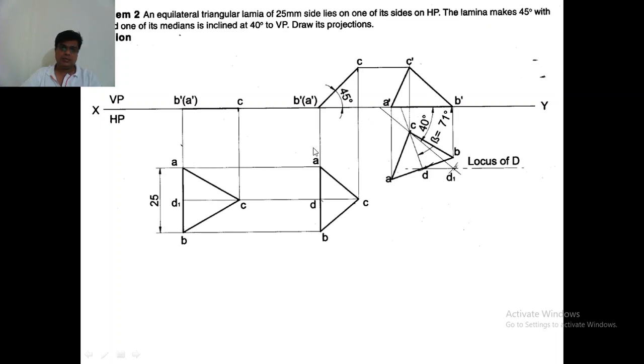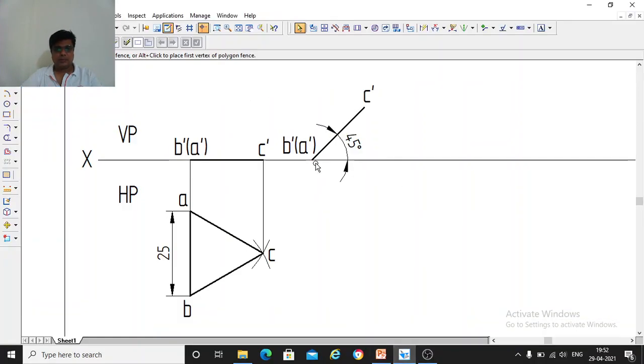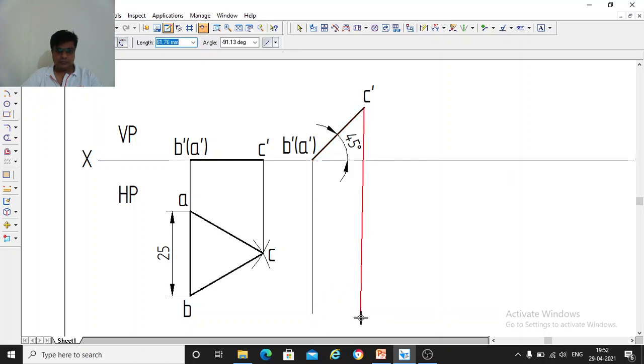Once we get the front view, we should draw the top view. How to draw the top view once we know the front view? Take a micro tip pencil and draw thin vertical lines from A and B. Similarly, draw thin lines from C also. They should be straight and vertical. Now, once you know the front view, we can draw the top view. Again, from this point A, draw a horizontal line. It should be exactly horizontal.